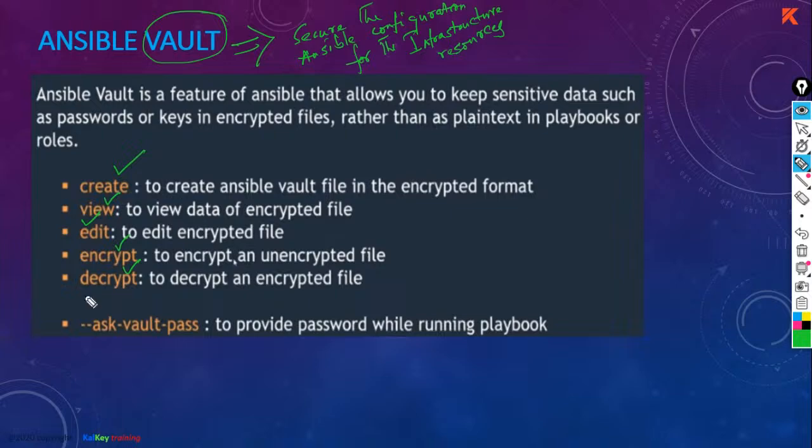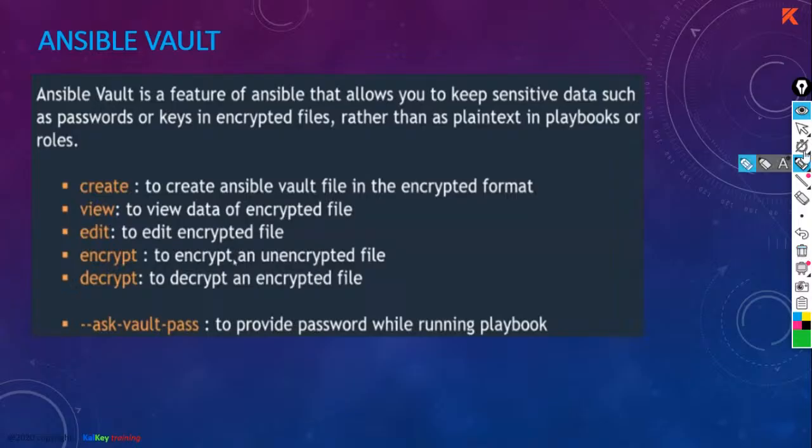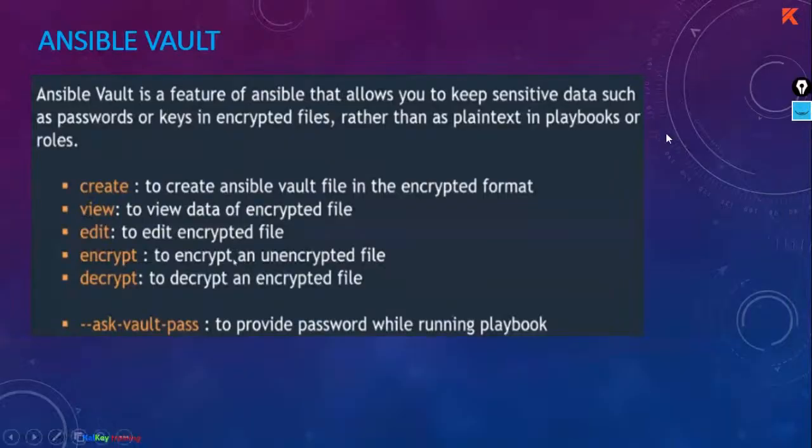Whatever you can do, you can do with these Ansible commands. Ansible create vault, and you can also ask for the vault password, to provide the password while running the playbook. So all these things are there. Don't worry. You will gradually learn everything once you start learning it in detail. So using the Ansible Vault command,